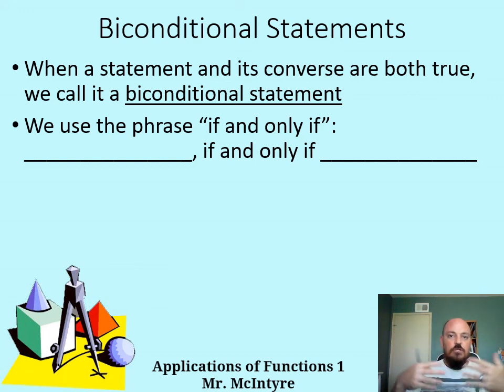Usually when that happens, it's when you're talking about two things that are the same. So like, let's say we took a test in class, and I said, if I get over 90% on this test, then I get an A. And then you switch it around, and you say, well, if I got an A on this test, then I got over 90%. Those things are both true. So that's a biconditional statement. And what you could say is, I got 90% or better on my test if and only if I got an A,